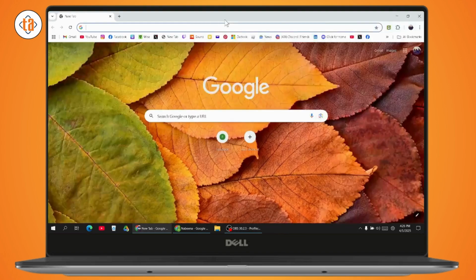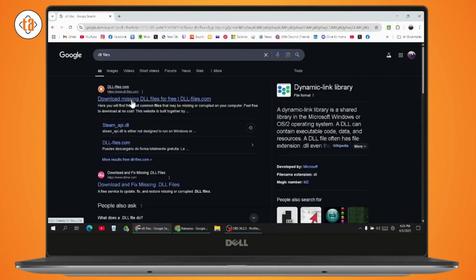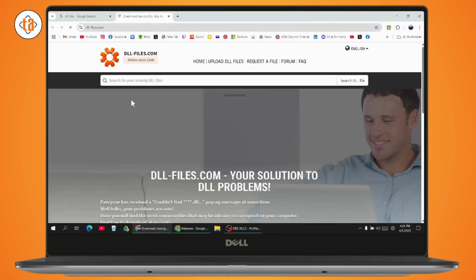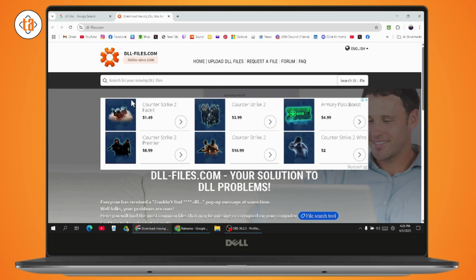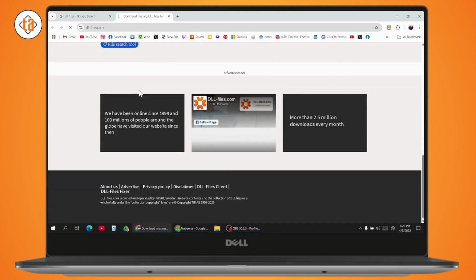And under your browser, you need to search for DLL files. Here you need to go with www.dllfiles.com. And here you need to go with search, and under search you need to find or search the DLL option. And here you need to search for this address, and after searching for this, then you will find your